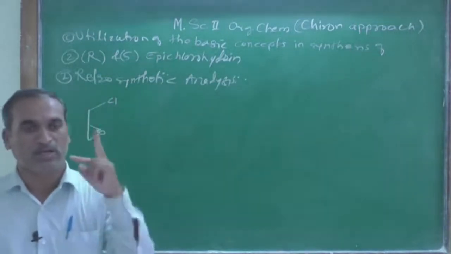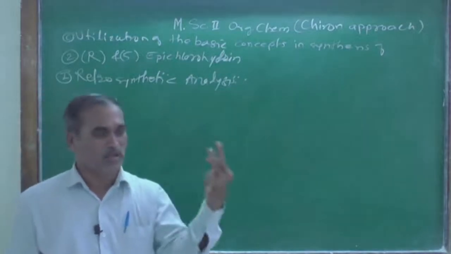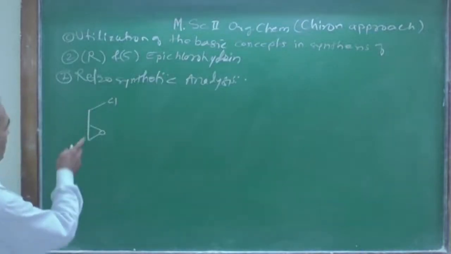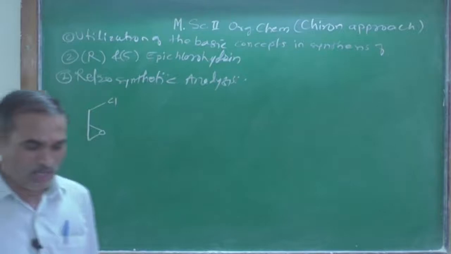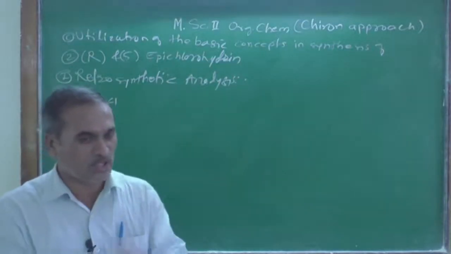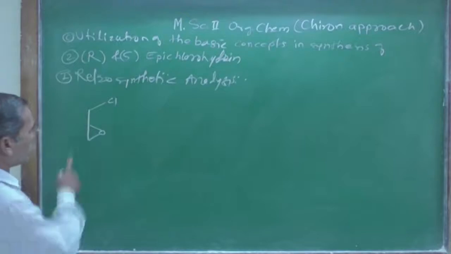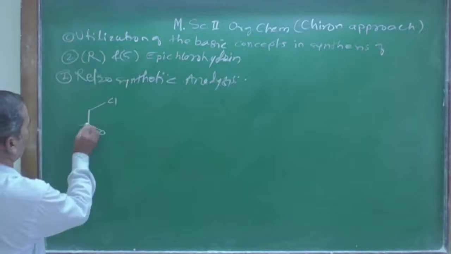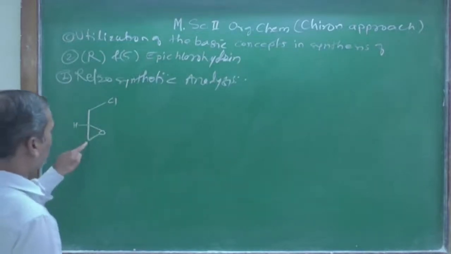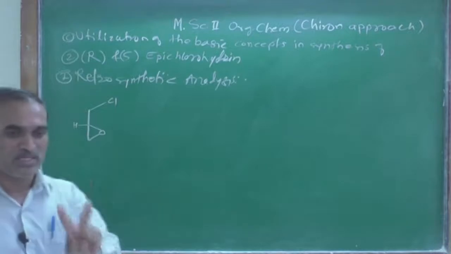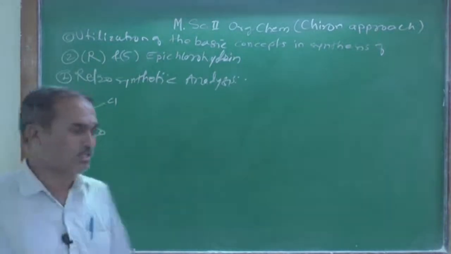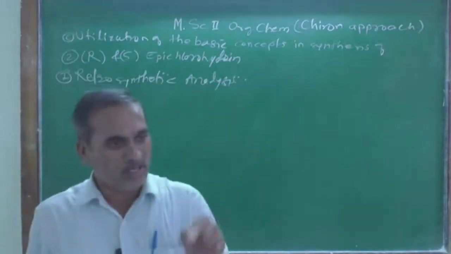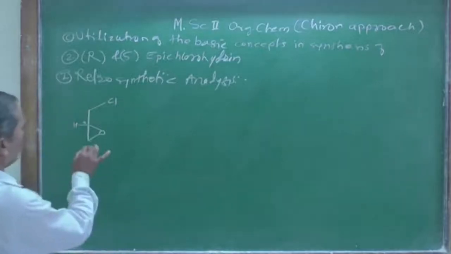Number one, atomic number. Number two, next atom. Number three, double bond or triple bond, and number four is isotope. By applying that, let us look here. Tell me how many chiral centers you see here. How many chiral centers are present here? Only one chiral center is there. Look at the middle one, there is a hydrogen atom. Here CH2, here also CH2, so only one chiral center is present here, and as we know, chiral centers are shown by an asterisk, that is a star.